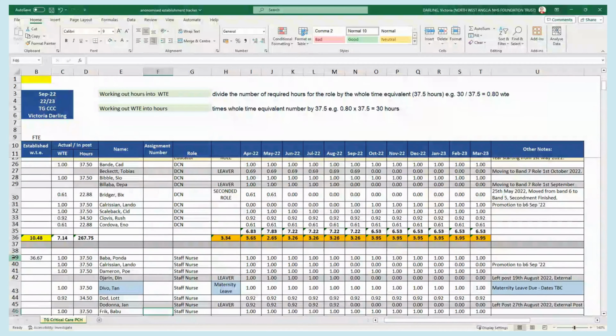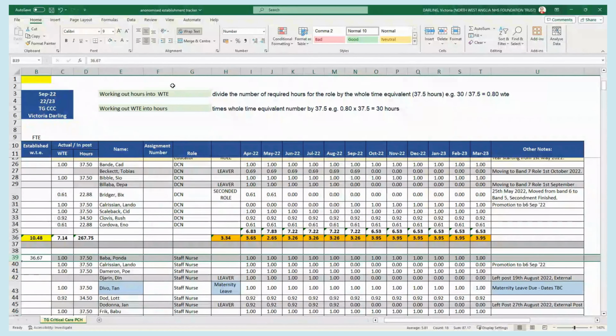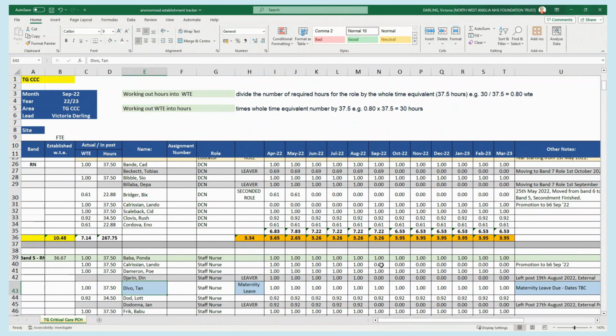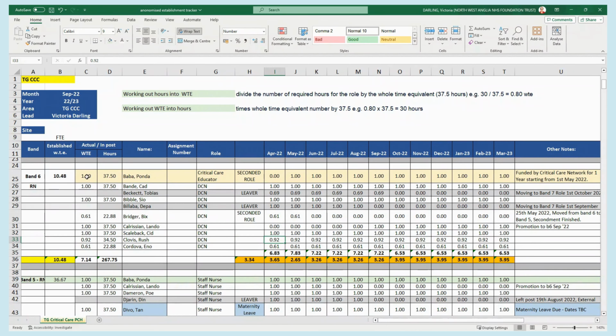Understanding secondments. Secondments are another important thing to track through your establishment tracker. Ponda Baba here is a Band 5 critical care staff nurse. If we look here, she is there all year through. But if we look at our Band 6 role, work group, we can see that Ponda Baba is here as a seconded role as a critical